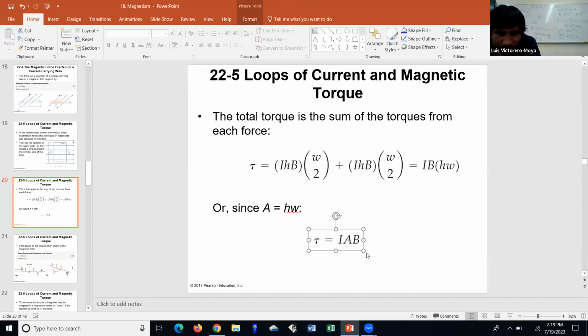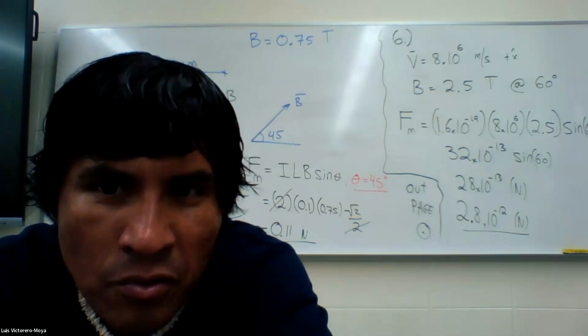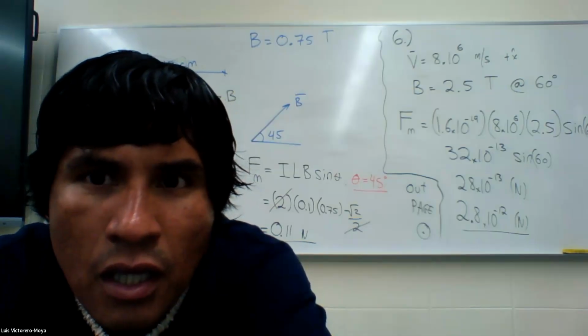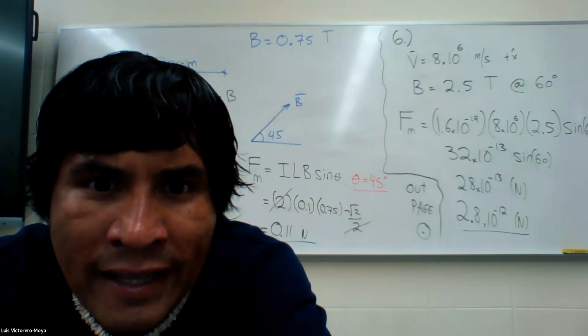You know why? Because first of all, we're assuming that the loop is parallel to the field, or at least two of the sides are parallel to the field. Secondly, we're assuming that the loop is made of one wire. If you have ever opened a computer, let me show you that. Like the case of a computer,